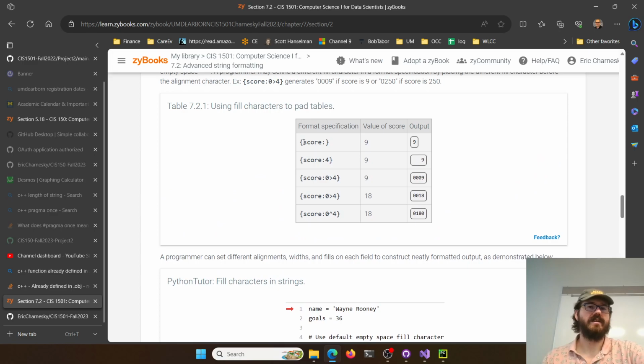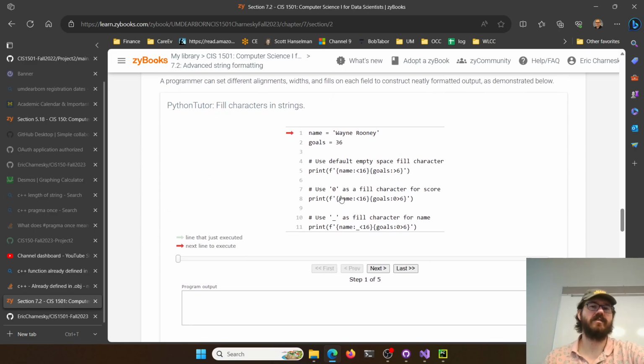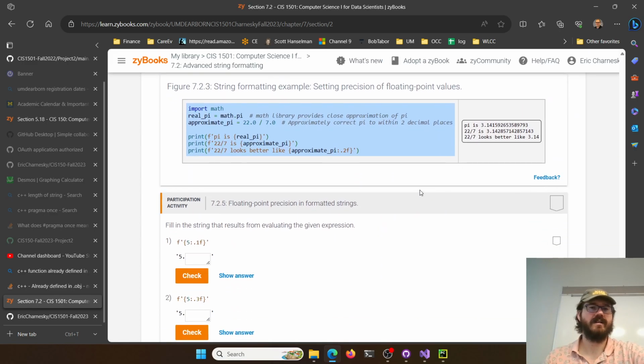So, you can use pads too. You can say, hey, fill with zeros. Sure. I think we had to do one of these one time, right? I tried to do the fills for the time and then to look that up. And we said, hey, here's all the possible times on a 24-hour clock. So that's super exciting. And then rounding, right? Point 2F. This one's fun to round when you output things with point 2F.